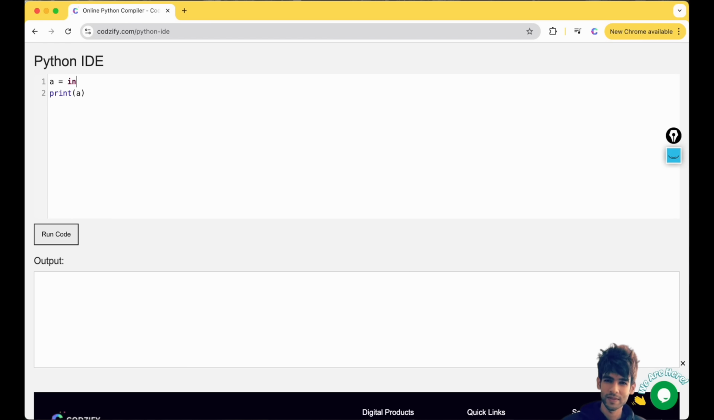So if I write input and I will give a string here, enter a number. Whatever value which user will enter, that will be assigned to this variable, and in the next line we will print that value. But in this IDE at Codzify.com you cannot take the input, so you will get this kind